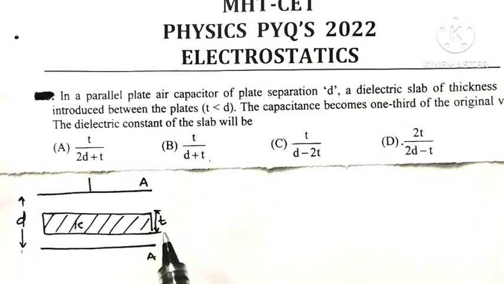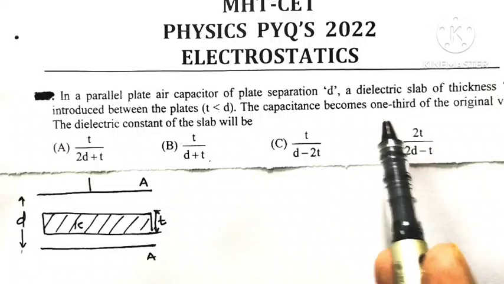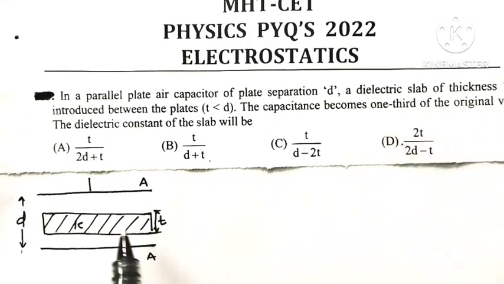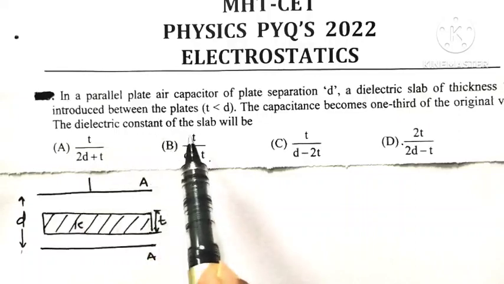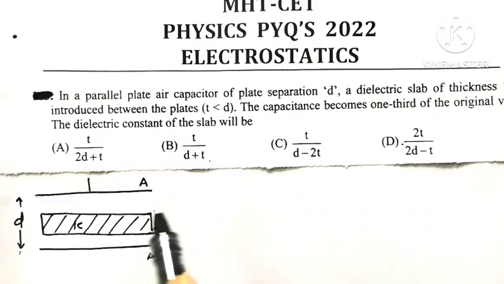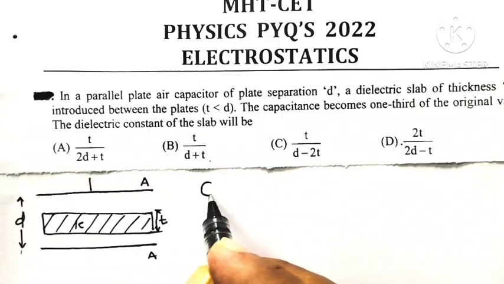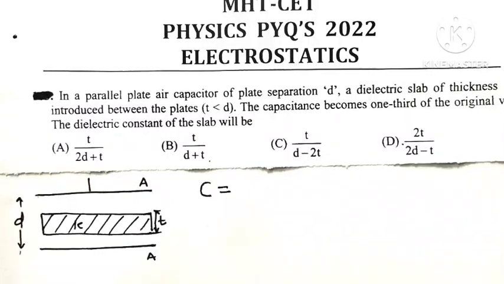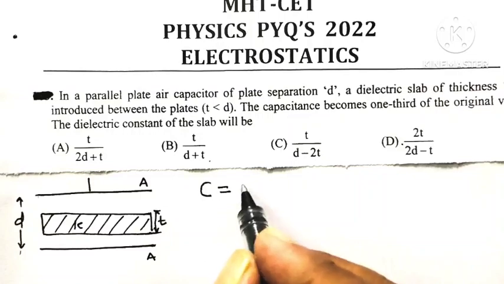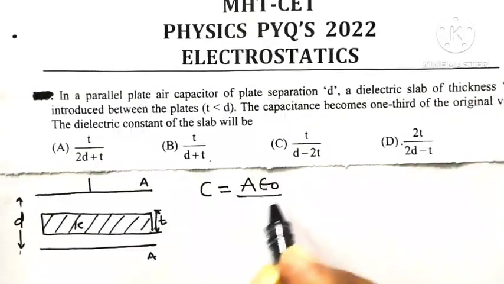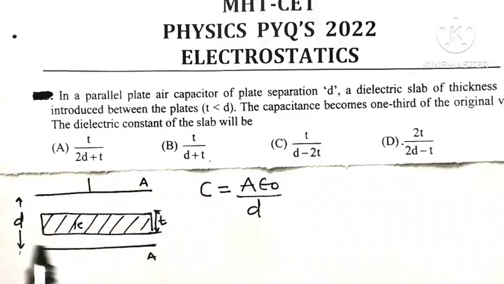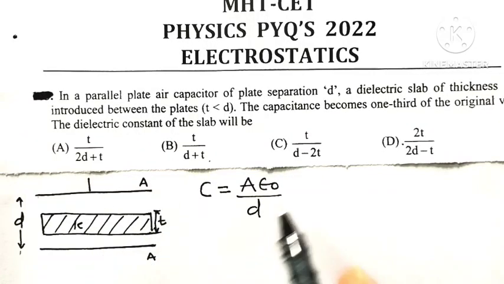After the introduction of this slab, the new capacitance of the parallel plate capacitor becomes 1/3 of the original value, meaning before the introduction of the slab. Then what is the dielectric constant of the slab? What is the formula for capacitance of a parallel plate capacitor? It is A epsilon 0 divided by D, where A is the area of each plate and D is the separation between the two plates. Before the introduction of this slab, the capacitance is C equal to